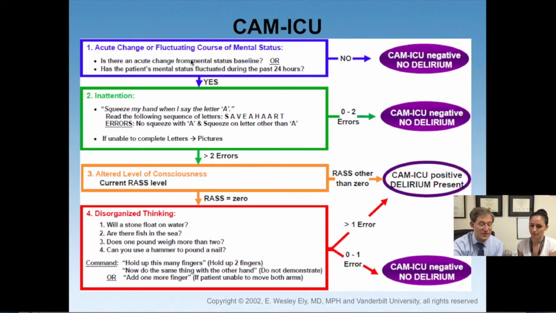So let's start from the top. Step 1 is, does your patient have an acute mental status change? Or has the patient's mental status been waxing and waning over the last day? If yes, then you keep going and you determine if they have inattention. And how do we do that? So you assess your patient for inattention by using the phrase save a heart. And it's heart with 2 A's, not an E. So basically you're going to tell the patient to squeeze your hand every time they hear the letter A, and you'll go through it,